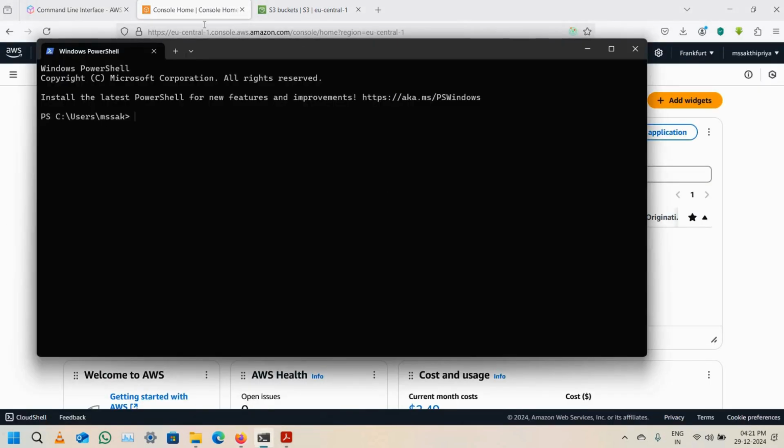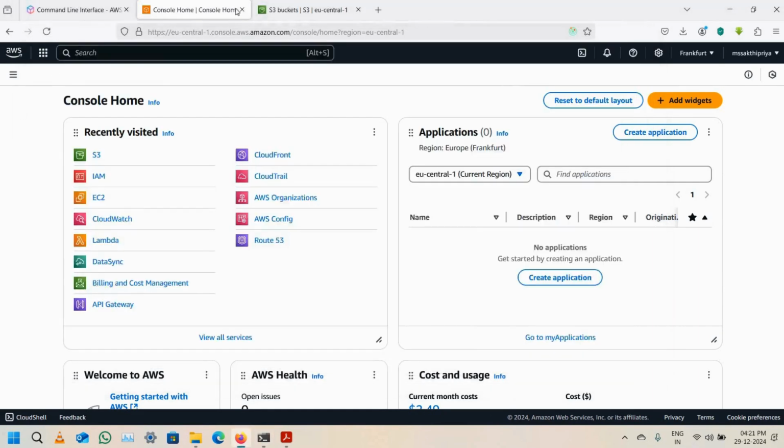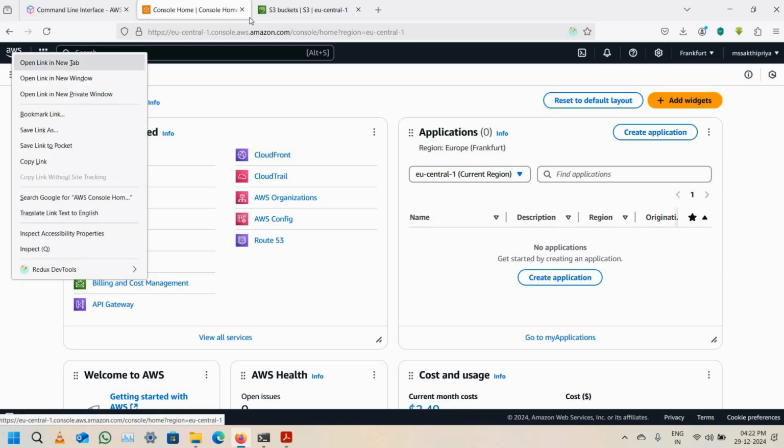Once it is installed, then you can use it via your CLI. So I have opened my PowerShell and I have already installed it, but you can install it yourself before doing this. First of all, in order to log in, we need to have access keys. So for that,